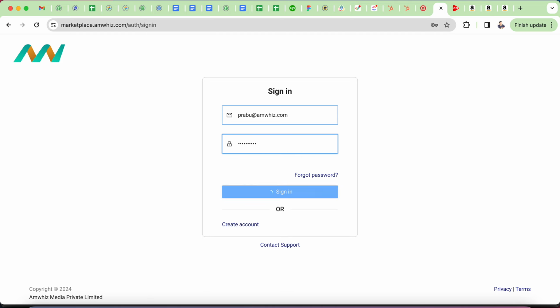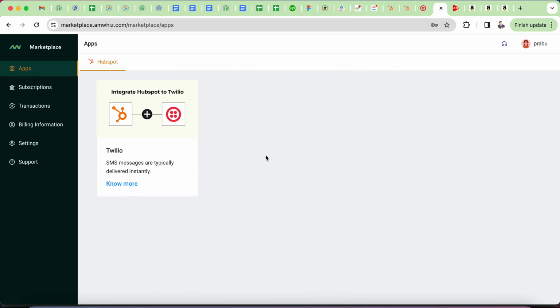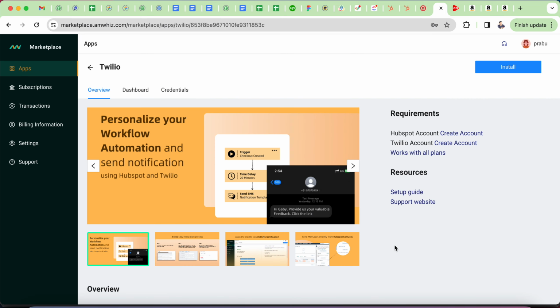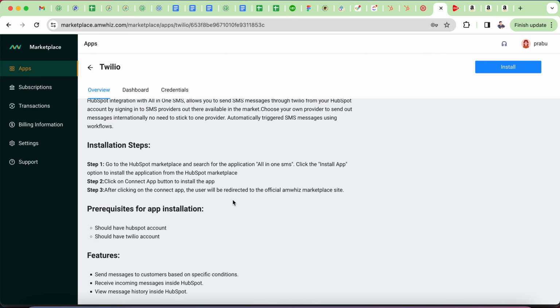If you don't have an account, you can click on create account and create a new one. I've just got an account. I've logged in, and under the apps section you can see under HubSpot you have integrate HubSpot to Twilio, and click on know more, which will take you to the detailed page where you can see all the installation